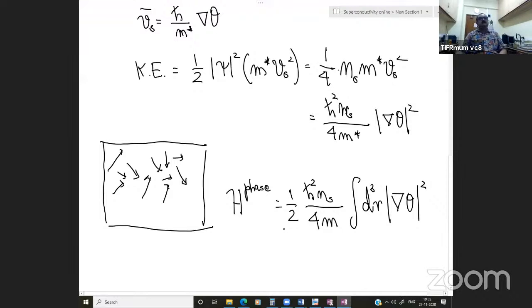The catch here is that now I want an energy scale. For the pairing energy scale, I had delta. Here, what is the energy scale? If you look at this quantity over here, this is not an energy scale. The dimension is energy by length.